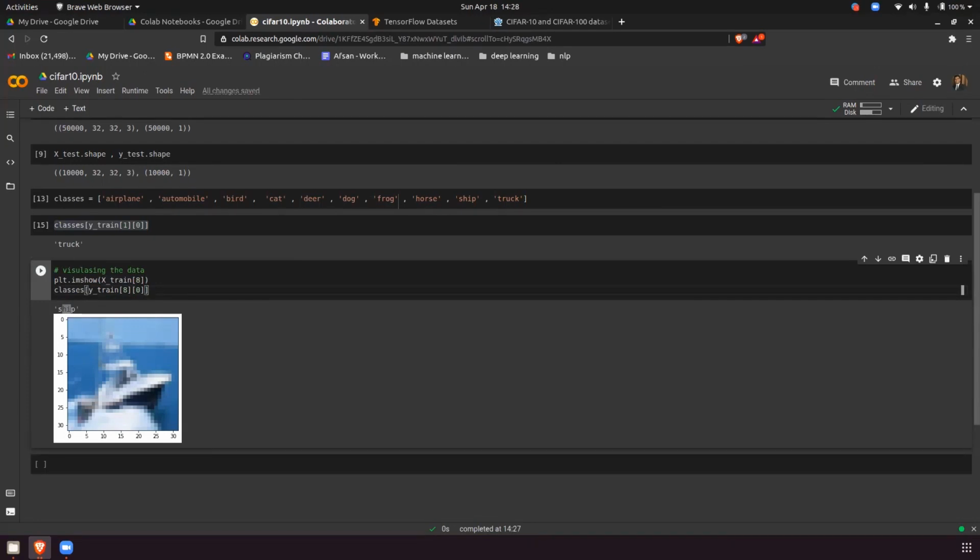Now the next step is we will normalize the data. Can anyone tell me what you mean by normalizing the data? Scaling. Yeah, but from which range to which range will the data be normalized?